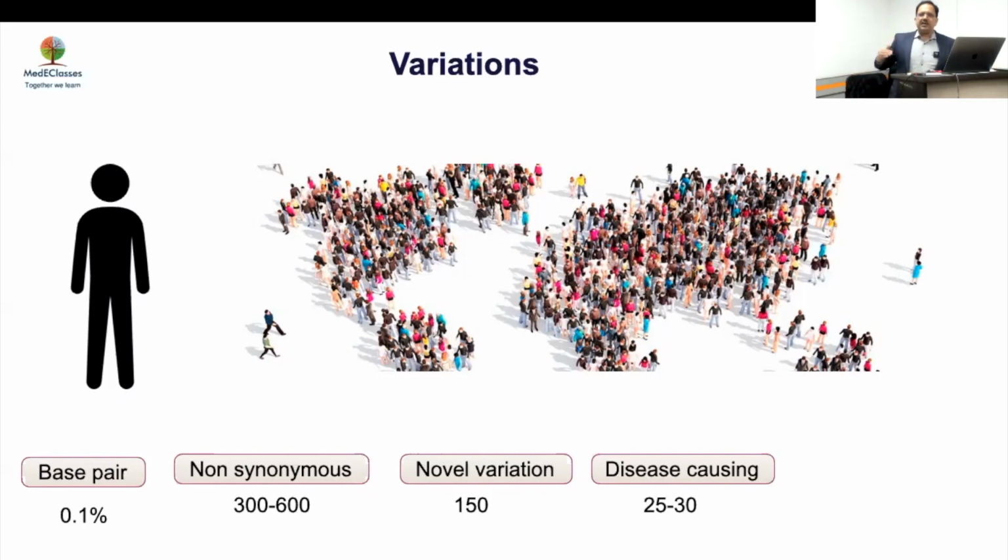So the American College of Medical Genetics has come up with 53 conditions which you have to report. If you find these 53, you have to tell the patient and the doctor, unless they have said that they don't want to know. In India, I think they follow that. If these 53 come up, like breast cancer, Huntington's chorea, conditions which can have acute problems and which you can prevent, you have to tell the person. But this is a big problem. Each of us carries 25 to 30 disease-causing mutations without a disease, which is very interesting.